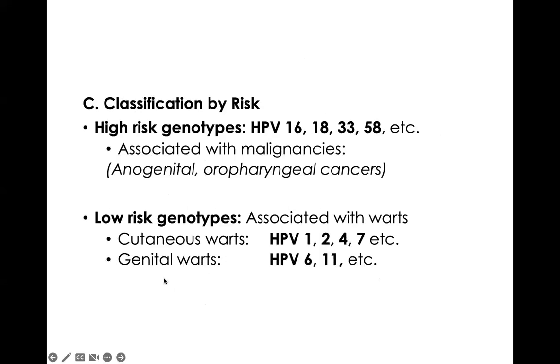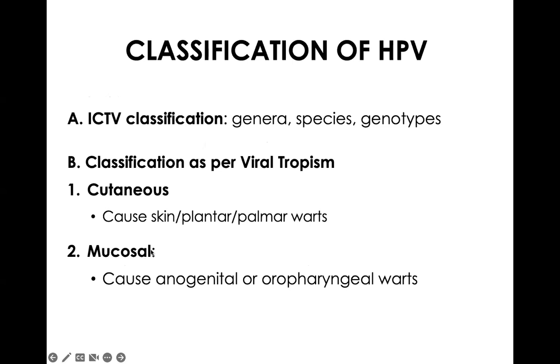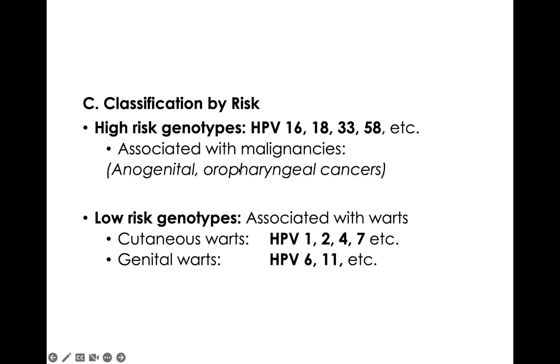And then we can also classify them based on the risk of leading to cancer. We have the high-risk genotypes, mainly, and this classification based on risk is mainly for the ones that infect the mucosal compartments. So we have the high-risk types that are associated with most of the malignancies that we see that are HPV associated. And the low-risk types are mostly the ones that cause cutaneous warts,